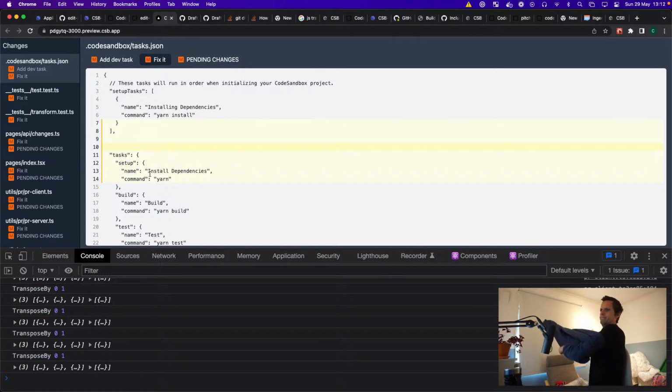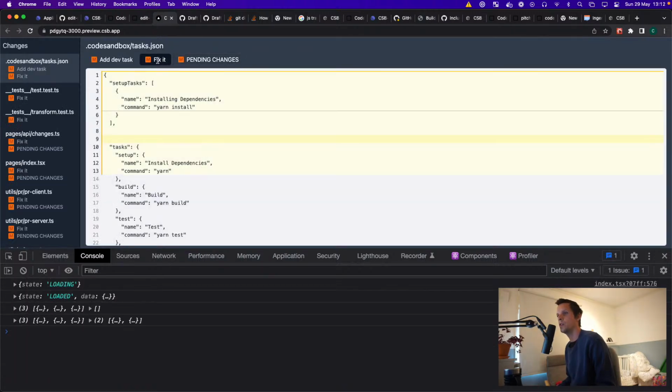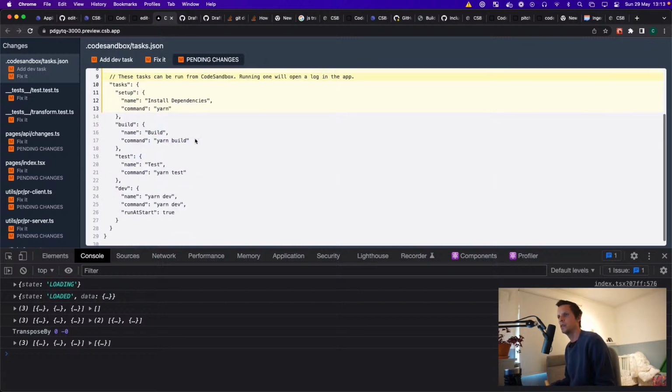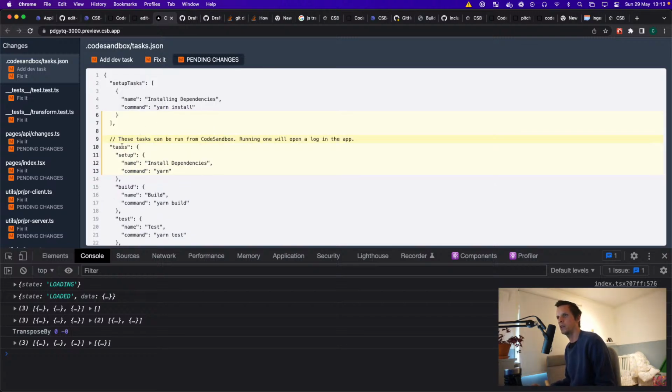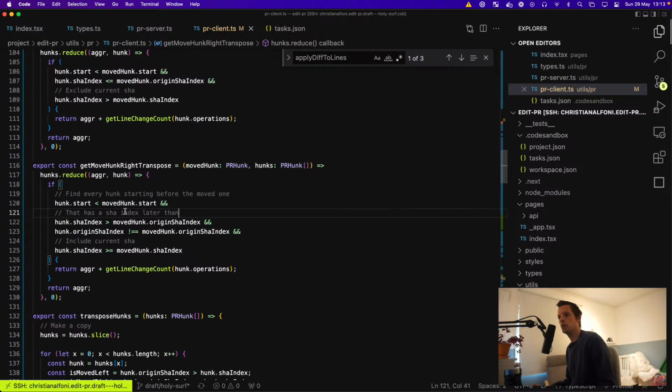I'm trying to wrap my head around this. So when we move this one, okay, let's do the opposite. Let's only move that one. That should be easier. So that actually worked, because now it got transposed by the previous one,